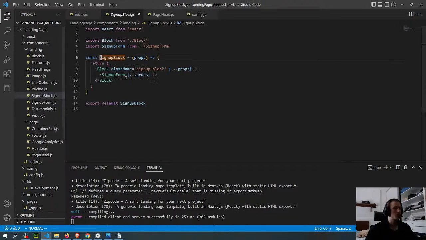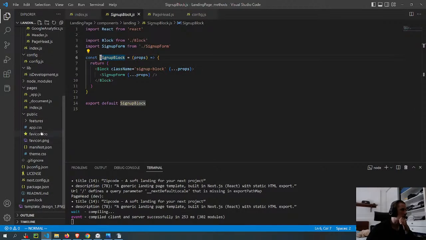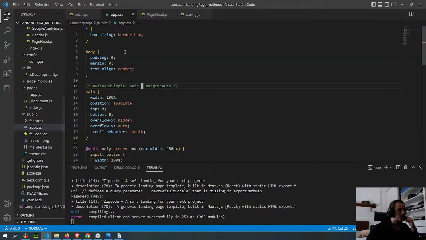And this is the CSS for this thing here. So I have to figure out where. Maybe it's on the app CSS.